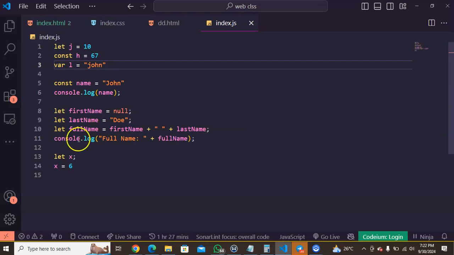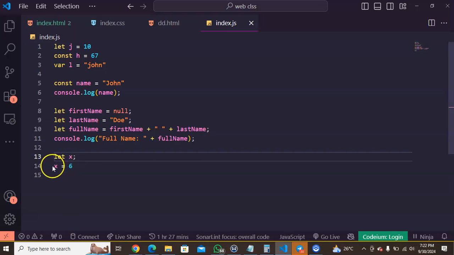Take for example, if we say let x and end it with a semicolon, the first thing we did was to initialize the variable. We call this process of creating a variable with a keyword without assigning a value